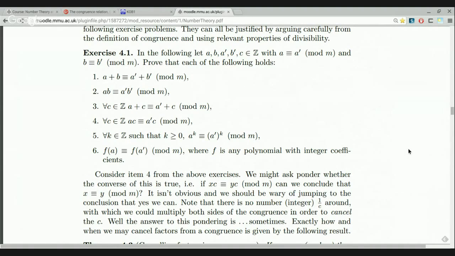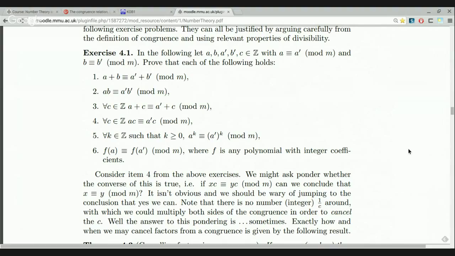What exercise 4.1 is doing is investigating how well the operations that we have on the integers, which are the most important operations, addition and multiplication, fit with this congruence relation. This set of exercises is going to culminate in this final statement here, which says that if you take any polynomial with integer coefficients,